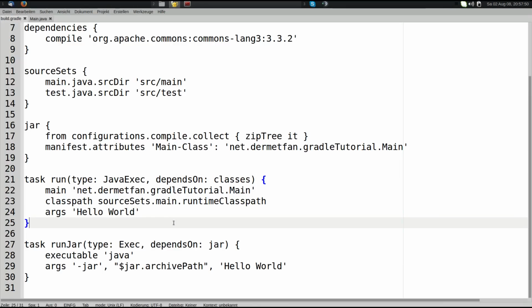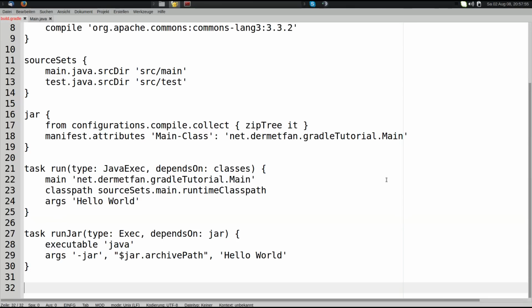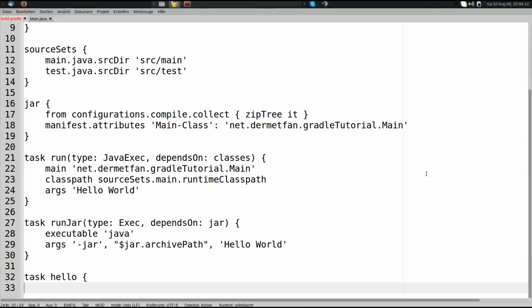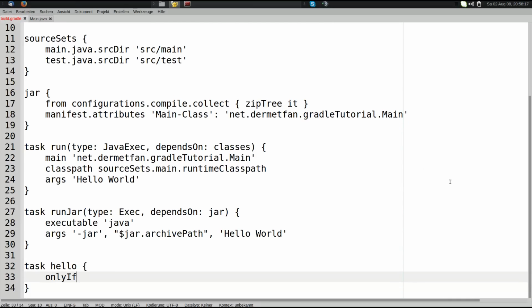I think there's still something I didn't tell you. So let's make another task. Task hello again. We want to say to execute this task only if, for example, we see that Paul is coming at us. So only if